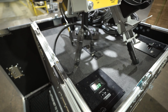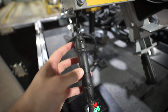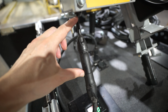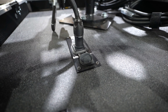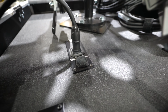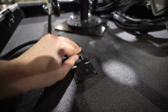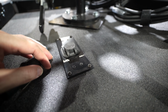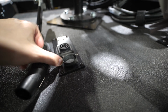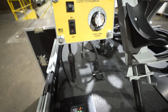For those of you who are familiar with the Snap Attack machines, they come from Sports Attack with a male Edison on the other side to power the machine. Very short, just about this long. What we do is we replace that with a locking Neutrik True1 connector, and then that is powered by what we call our DSK-T, as in Tango, power outlet that goes in the case. Now these are cool. The DSK-T is a product that we again make in bulk. This is a great way of providing a power outlet in different applications. This one just allows this to click in, just like this, and provide a locking power connection for the